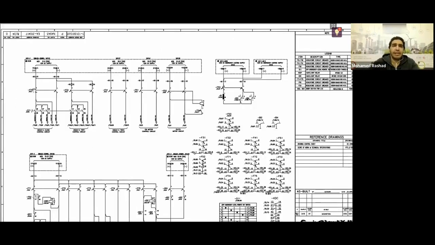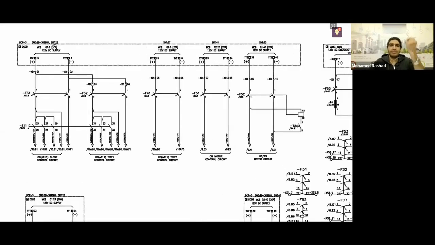completely. My starting point was here, where the DC came from the DC-DP and reached here on the MCB called F31. When I turned on F31, I found the DC exiting from my side with the negative running straight through. And the positive branched off, not directly, and the other branch passed through a selector switch. The selector switch has more than one position: something called off, something called emergency, something called local, and something called remote. These are what we call the control modes,